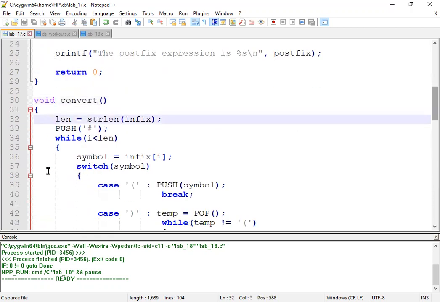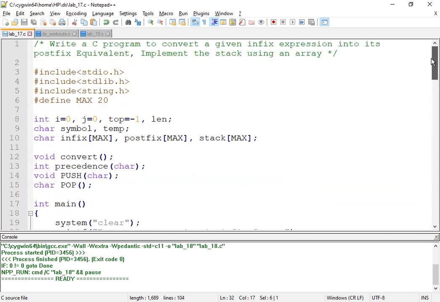Now the first step is what? We need to calculate the length of that particular string. Which string? The infix. For calculating the length, we are using the inbuilt function strlen. We already know that strlen returns the length of a given string. And strlen is a library function placed inside the string.h header file.